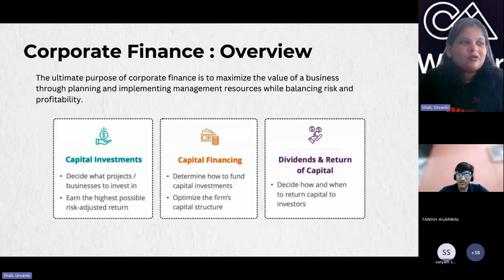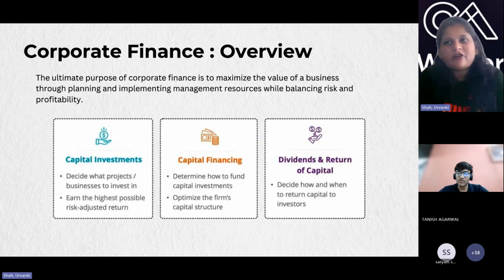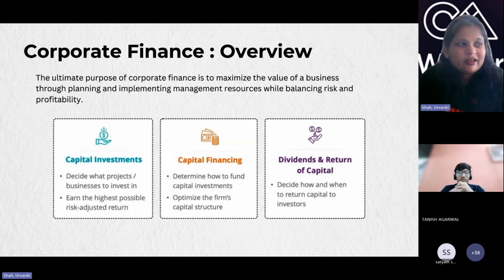And the idea of this session is to help you understand the foundational components of corporate finance. Corporate finance is quite a widespread topic, where even a 3 months detailed course is not enough. However, the idea is to make you, at a high level, recognizable on this topic. And this is not an exhaustive list of corporate finance. This is the list from a general corporate finance industry.